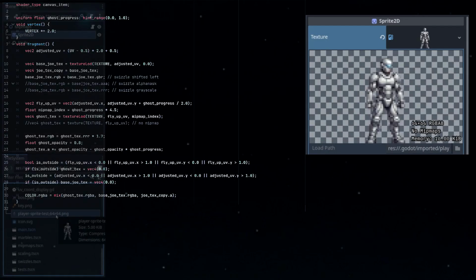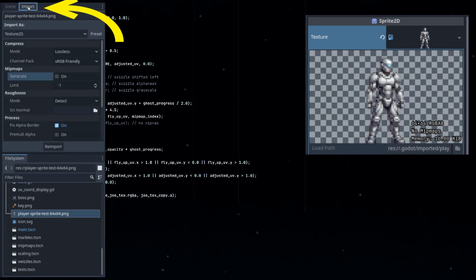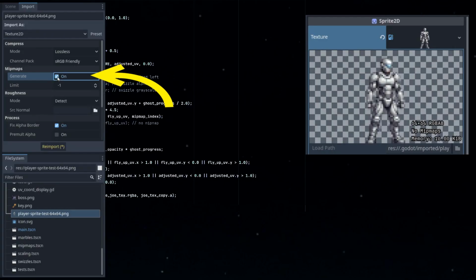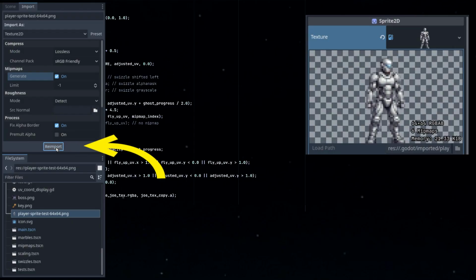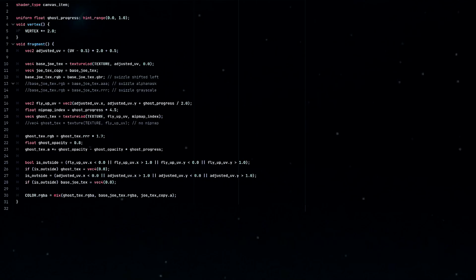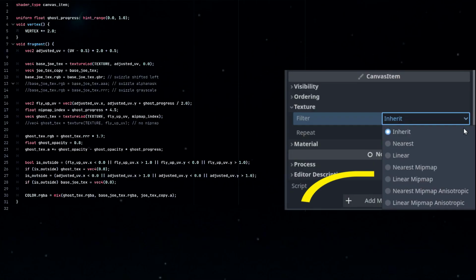To re-import, first open the texture in the File Explorer, then click the Import tab near the scene tree. Then, in the import settings, make sure the Generate Mipmaps option is checked. Finally, click the Re-import button. Once generated, Godot will list how many Mipmaps are available. This example uses 6. Next, the sprite's texture filter should be updated to a mode that supports Mipmaps, like Nearest